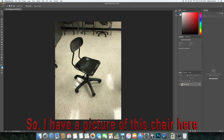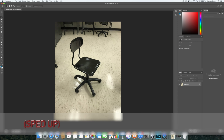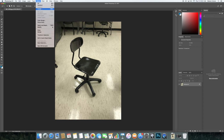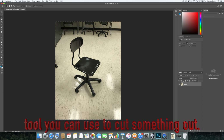So I have a picture of this chair here, and I'm going to use the normal lasso tool to try and cut it out by just holding down mouse 1 and moving it around. As you can see, it's not the most effective tool you can use to cut something out, so I'm going